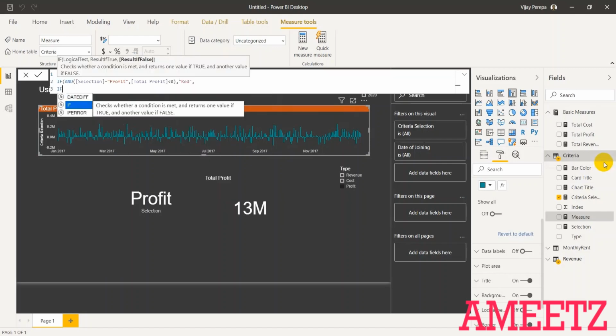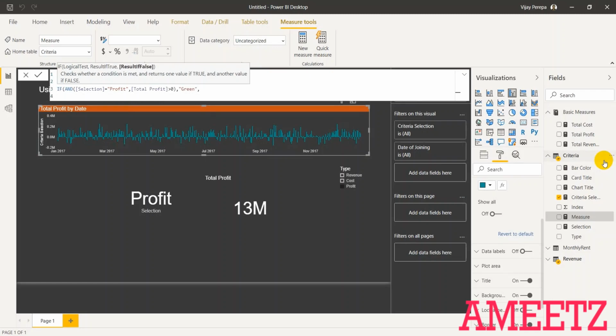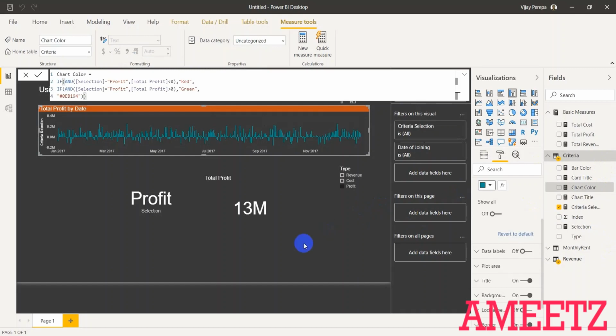Next is if selection equals again profit, but total profit is greater than 0, then it has to be green. Otherwise it has to be the default color. So I'm just adding the hex color along with hash within double quotes. Now this condition will show only the profit element in different colors, otherwise default color.